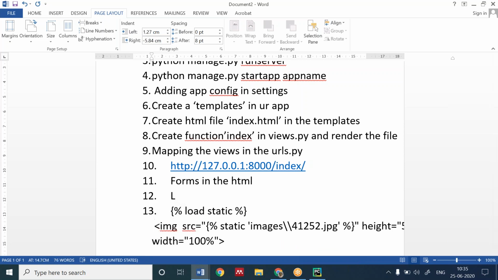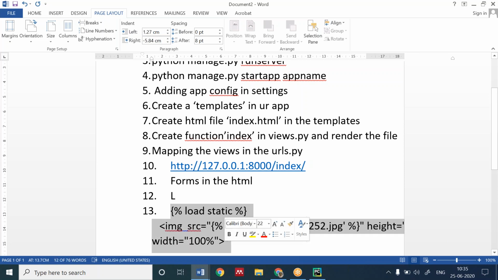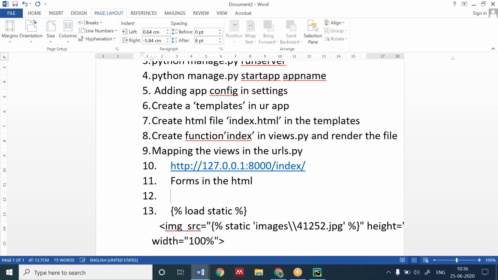So what is the 12th step? This is the 13th step. I have to load the static page, and it will be the 13th step. What will be the 12th step? If I run this command, will this be running? No, it will not be running. Yes, Shazel has given me some answer. Okay. What will this directory be?